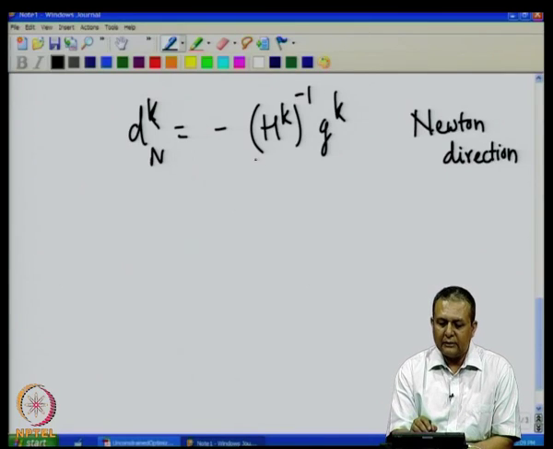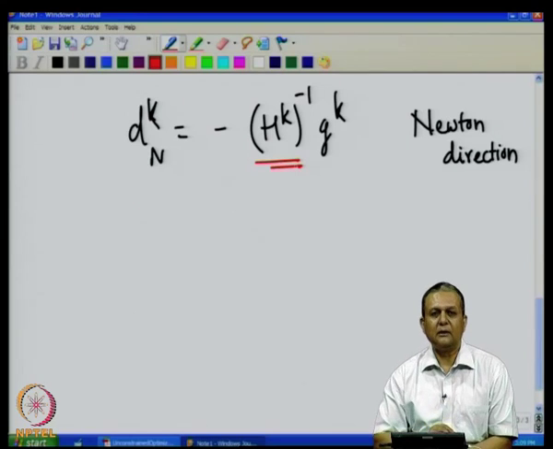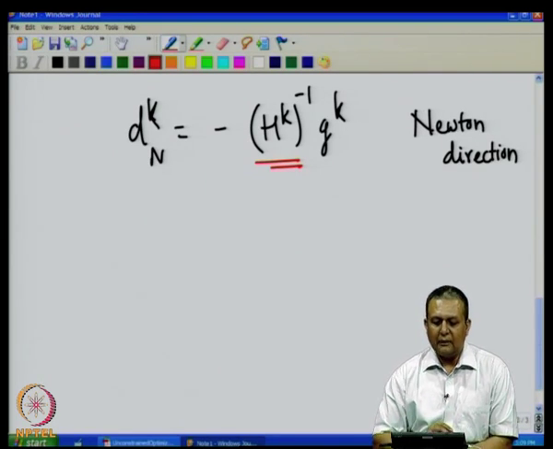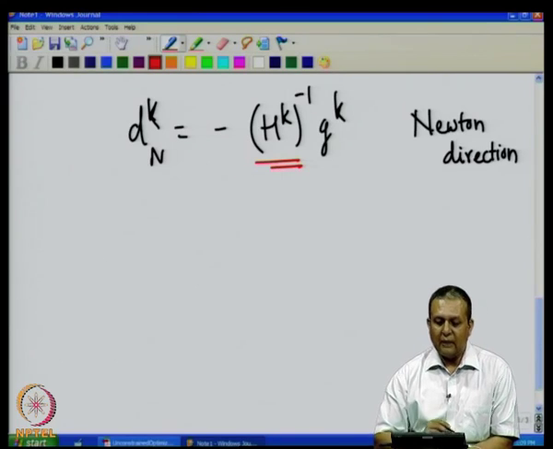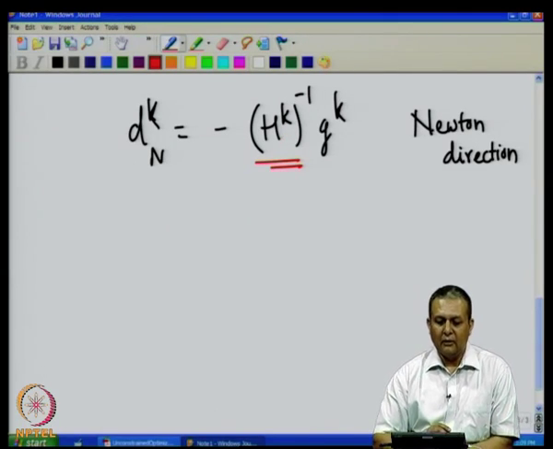This requires the Hessian matrix and its inverse. That is many a time a computationally expensive operation, especially when the size of Hk is very, very large. So,